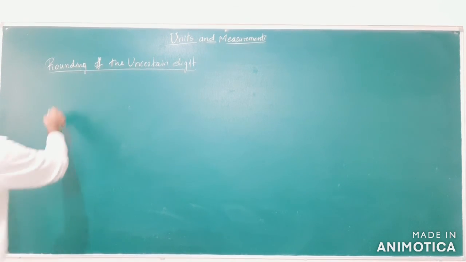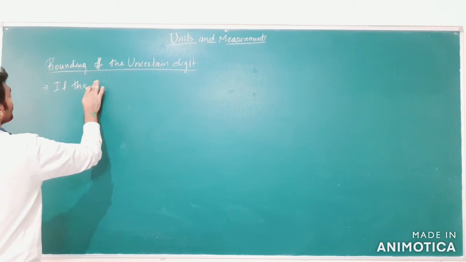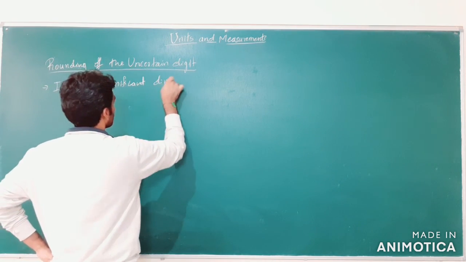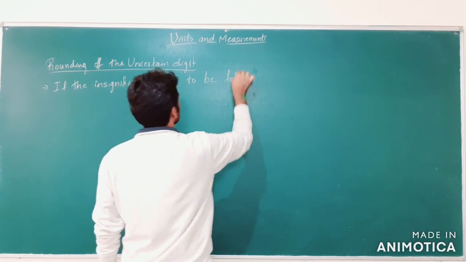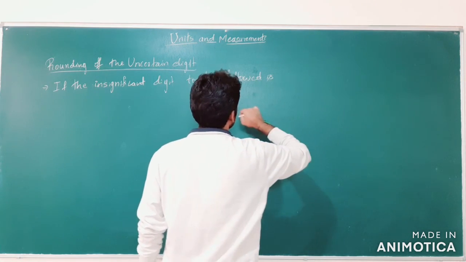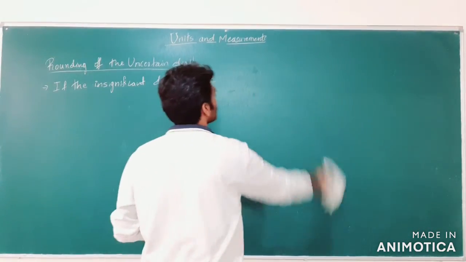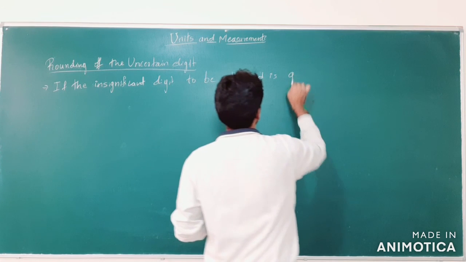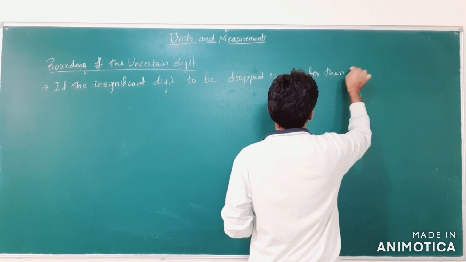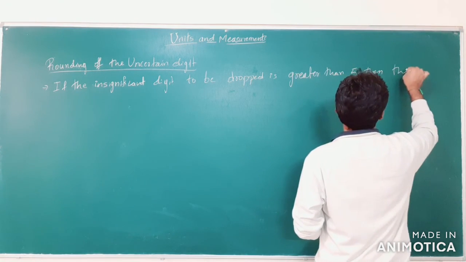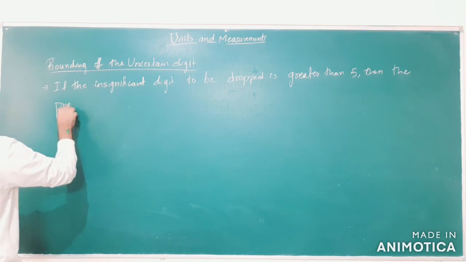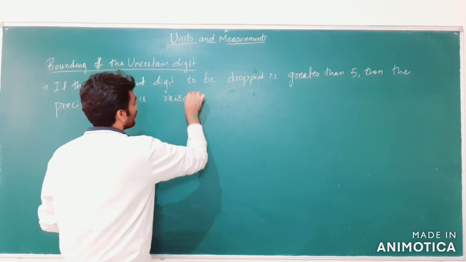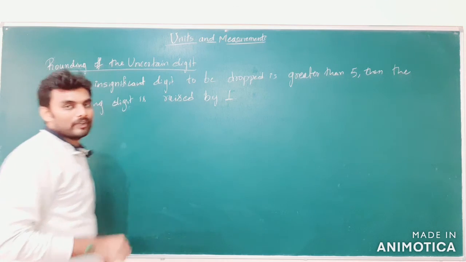So the rule for rounding off the uncertain digits is as follows. If the insignificant digit to be dropped is greater than 5, then the preceding digit, the previous digit, is raised by 1. For example, say I have a number